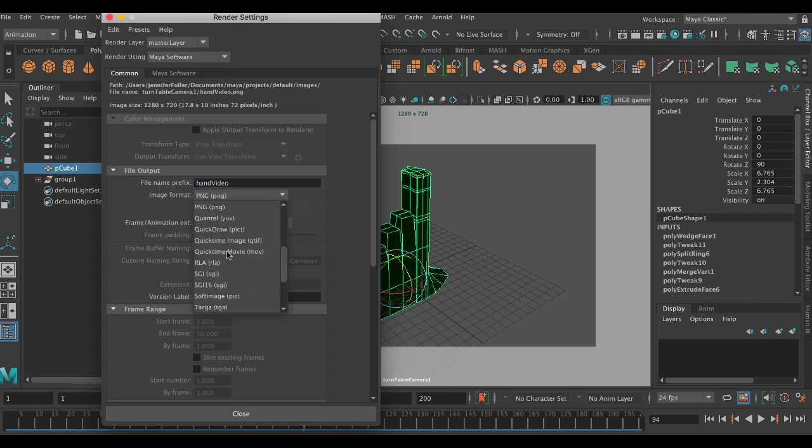Image format, I like Targa files. Up to you though, you can do Targa or JPEG or TIFF. Now, we need name.number.extension. We're not doing a single frame, we're doing all frames. Technically, you can render out of Maya, although in 2019 and 2020, there have been some issues with rendering directly to a movie. But I always recommend doing still frames because